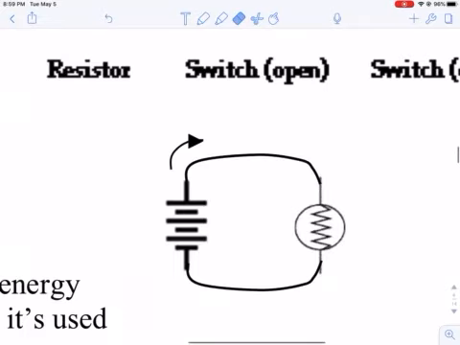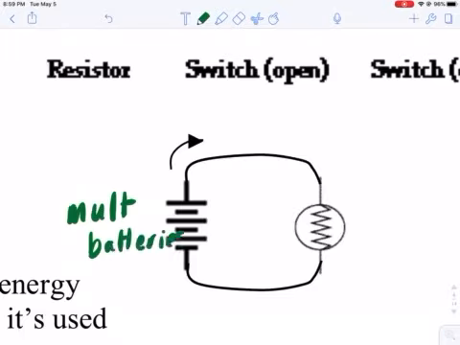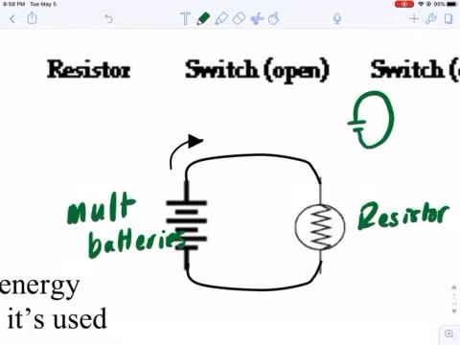So this diagram here would be a diagram that shows multiple batteries and a resistor. And this is the simplest circuit that you can create that is functional and not dangerous. A circuit with no resistor is called a short circuit. Because there's nowhere for the energy to be dissipated from the battery, the wire will simply heat up and sometimes